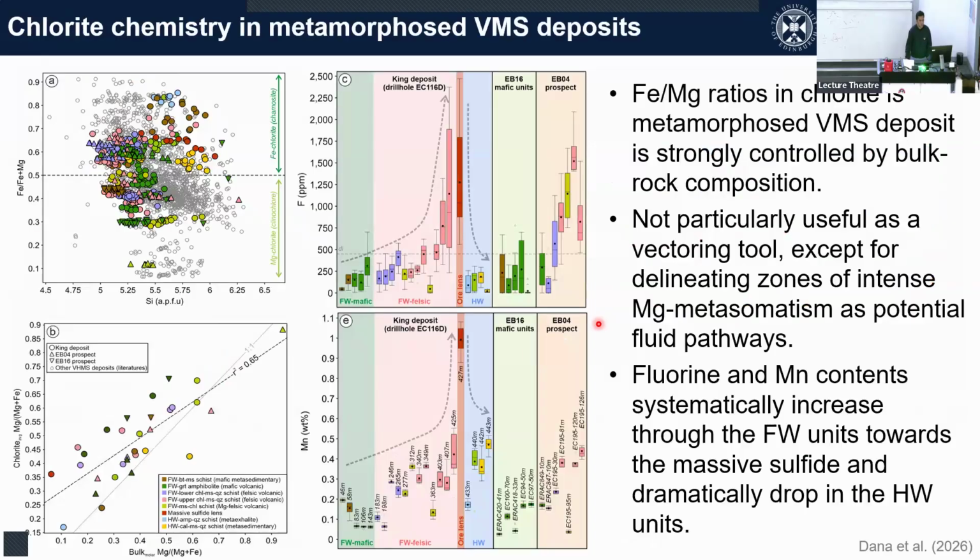And then we also did a little bit of mineral chemistry work. The first mineral that we analyzed is chlorite. Steve gave a talk on this a while ago. And basically what we can tell from chlorite chemistry in a metamorphosed VMS system is